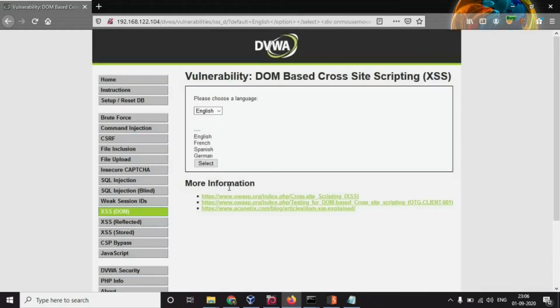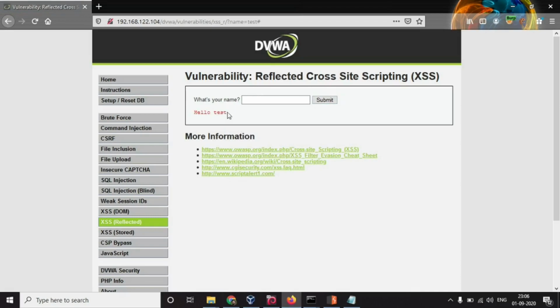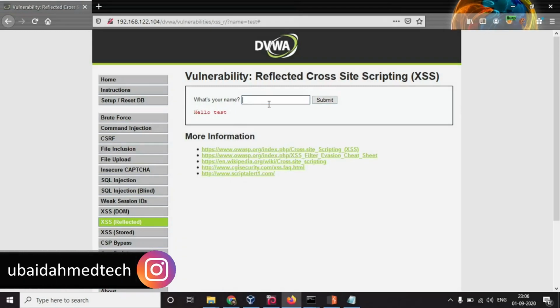Now let's move to XSS reflected. Here we have an input field, and whatever value I provide is reflected over here along with hello. So let's provide another payload.